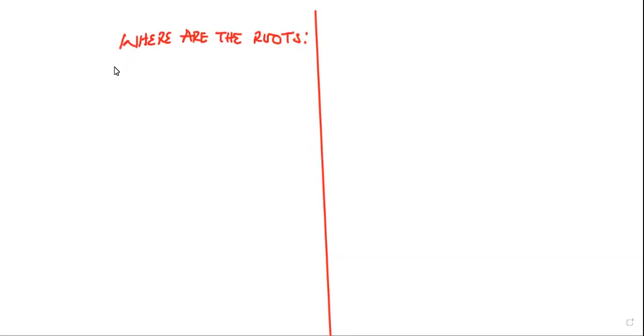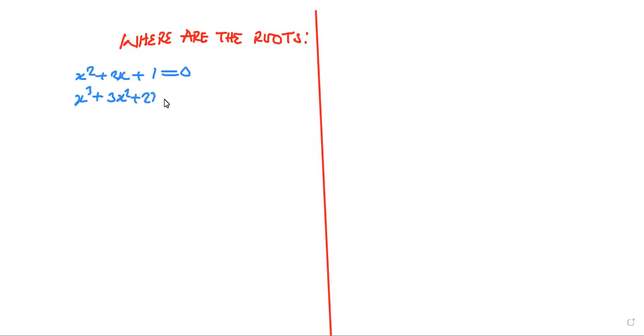Hello, everyone. So in this video, we're going to discuss the roots of equations. Consider the second degree equation, which is given by x squared plus 2x plus 1, let's say equals 0. Now, this equation has two roots as solutions. In the case of x cubed plus, let's say, 3x squared plus 2x plus 4, such an equation has three